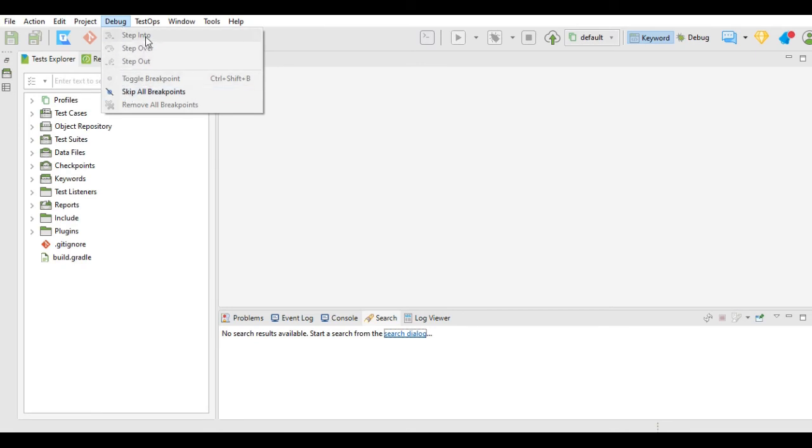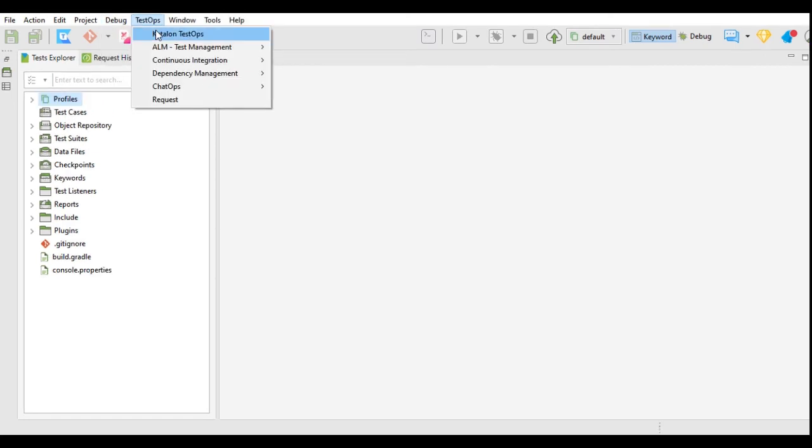These are the debug menus to step into, step over, step out while debugging. Then giving the breakpoints in the test steps. In the TestOps menu, you will find the Katalon TestOps for integration of Katalon Studio with Katalon TestOps.